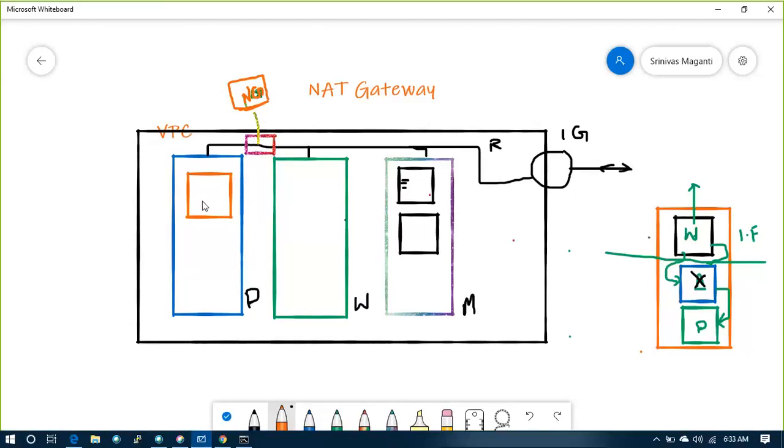If you are sure this server can go to the internet and get whatever data it wants, because you cannot stop a machine from accessing the internet, or in some way you can, sometimes you have to stop accessing the internet, but the requirement is this machine should go and talk to the internet to get the patches. Mm-hmm. But if someone is trying to access the same machine from the internet, it should not respond.